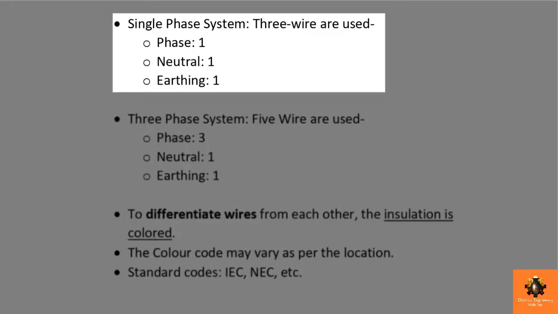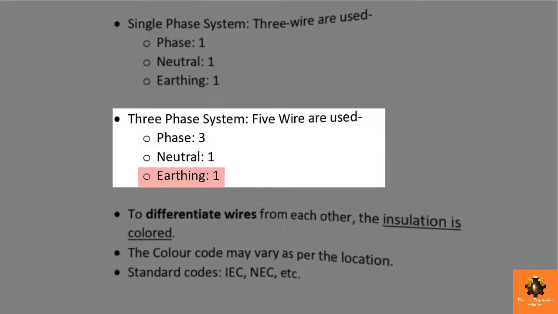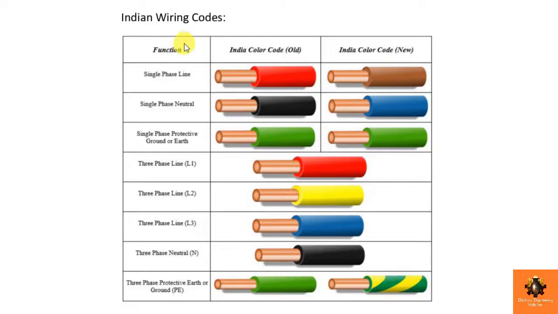If we have a single phase system, then there will be 3 different conductors. Means in a single phase circuit, you will have 3 wires of different colors. One for phase, one for neutral and one for earthing. But unlike a single phase circuit, you will find 5 conductors in a 3 phase system. 3 of them will be used for 3 phases, one for neutral wire and one for earthing. Here I am presenting color codes for India that are followed in our country. In a similar manner, know about your local or country codes that are followed in your area.